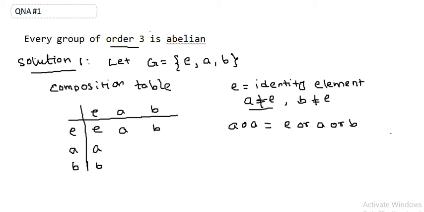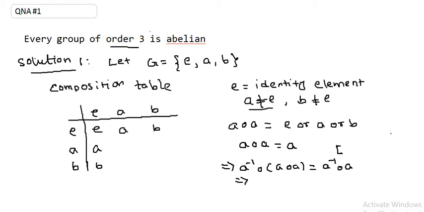So next is, suppose A compose A equals the element A. Now what we know, because G is a group, A must have an inverse element, because remember again, because G is a group, each and every element has an inverse. So A must have an inverse. We're going to take composition with A inverse on both sides of this equation. So what we get is A inverse composition A compose A.